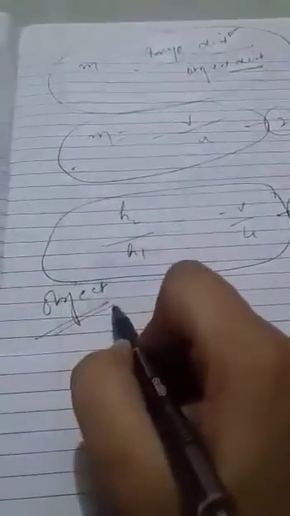If you have to find, suppose one height is given, let it be the height of object is given. Distance of both object as well as image, both the distances are given. We have to find height of